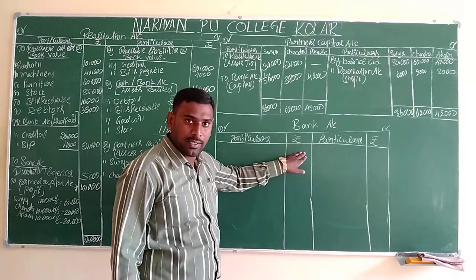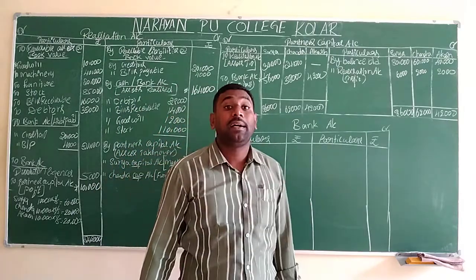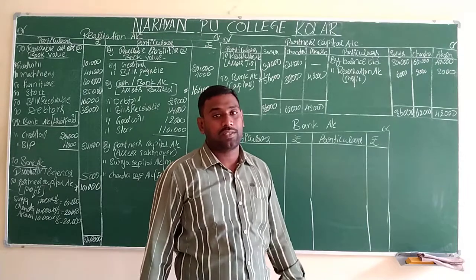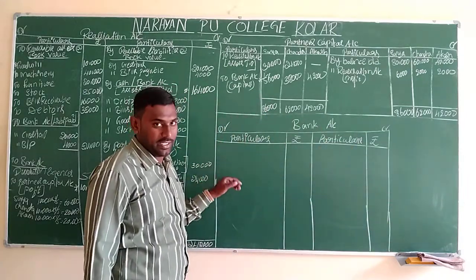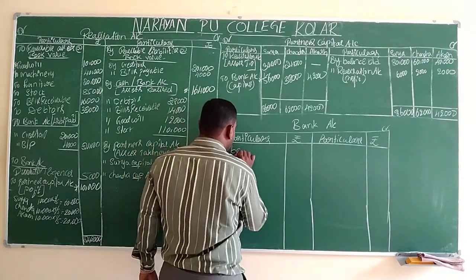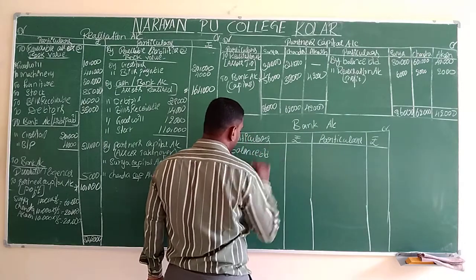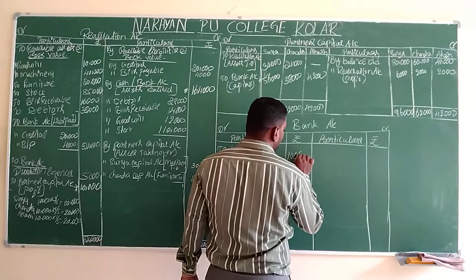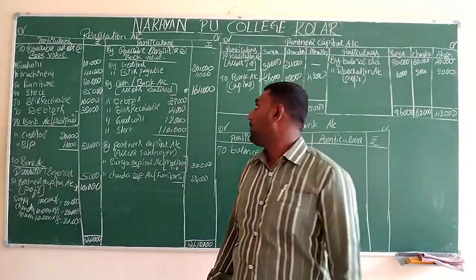Bank is an asset. Asset is always available in the previous balance sheet. Which side? Right hand side. So from there the value will be transferred. This will come to the debit side of the next account, that is the left hand side we have to write. We have to transfer opening balance to balance brought down. So the opening balance of bank is 1,000 rupees, which is available in